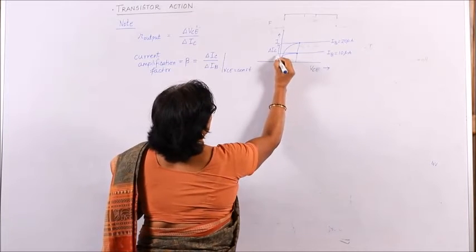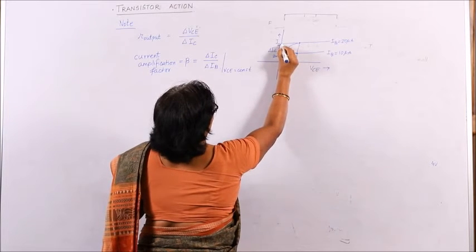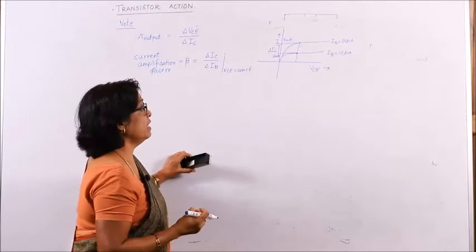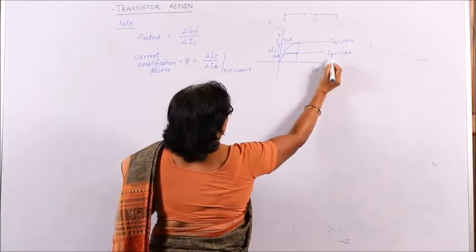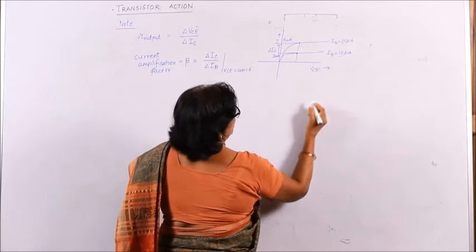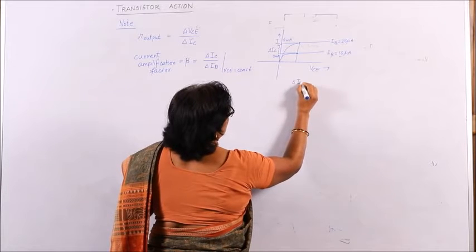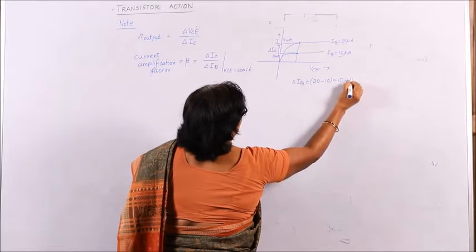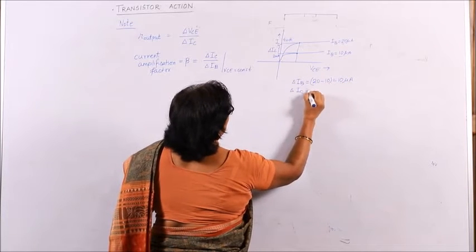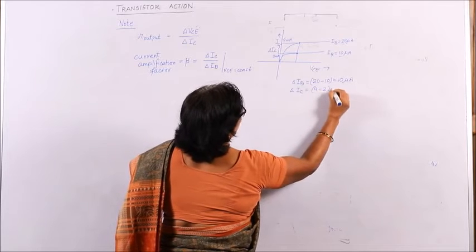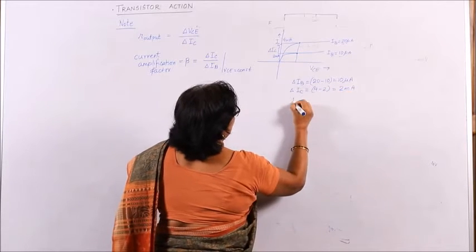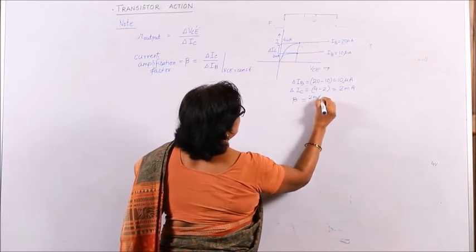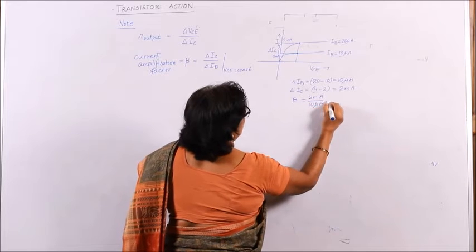Now, suppose this is 2 milliampere and this point is 4 milliampere. Let us say I am taking some hypothetical values. So, that means when base current changes from 10 to 20 microampere, the change in base current is 20 minus 10, so 10 microampere. Then the change in collector current is 4 minus 2, that is 2 milliampere. So, beta, the current amplification, is this by this, that is 2 milliampere divided by 10 microampere,